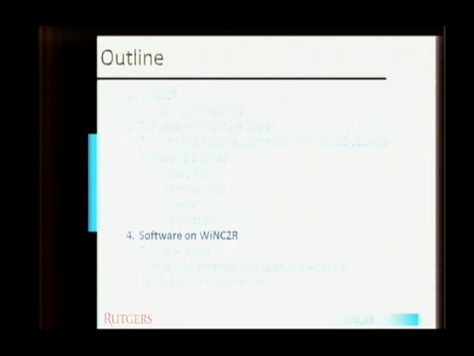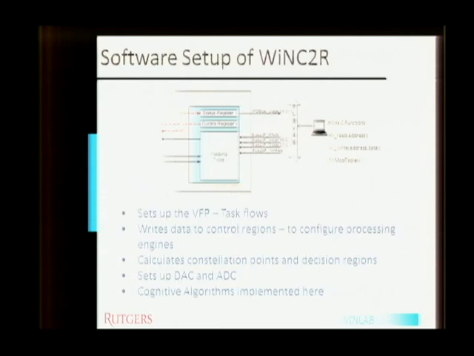Let's come to the software on WinSync. This is the register map of the demodulator. I have just cropped this photo. As you can see, it has a common bus interface to the user, and Xilinx provides us with read and write functions to these memories directly. So you have direct access to these memories like the mapping table, register, and status register. This helps us set up most things like the virtual flow. In this case, the UCM, the control module, has task descriptor tables which can be accessed through this bus, and you can write to them to set up the virtual flow. You can write into control regions of the modulators and of any processing engine.